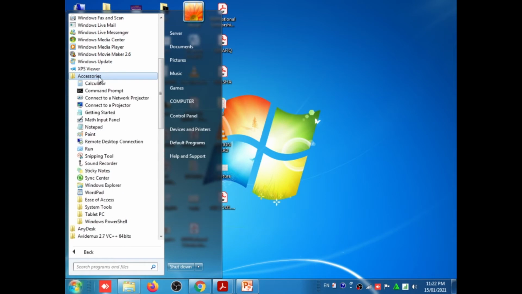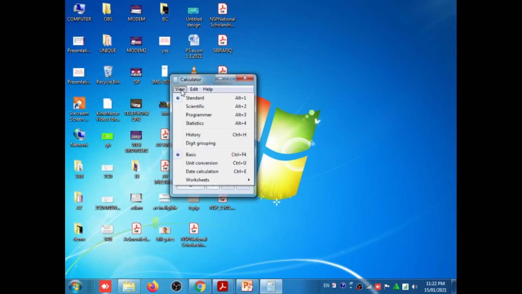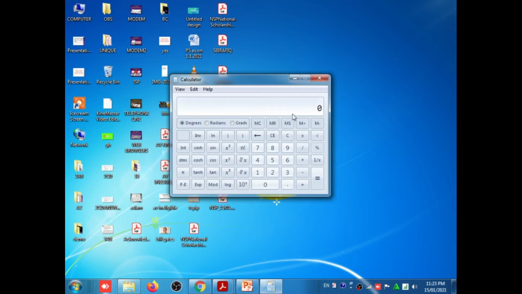Then select the Calculator. There are two types of calculators: one is the standard, another is the scientific calculator. So this is the standard calculator and this is the scientific calculator. In this way we can use the calculator in a computer with the Windows 7 operating system.